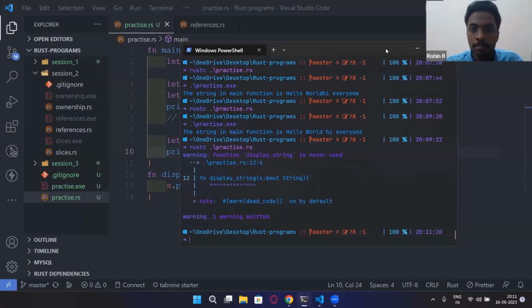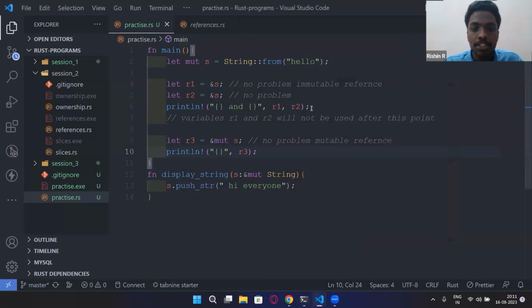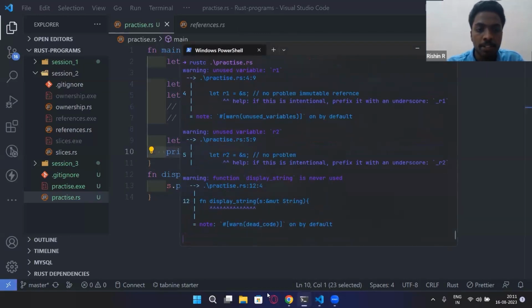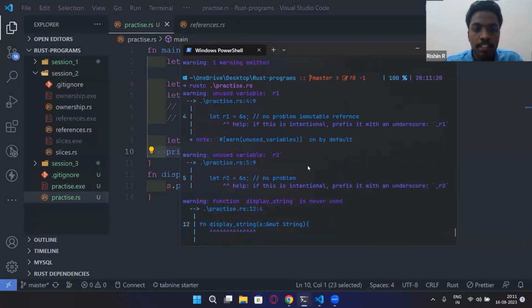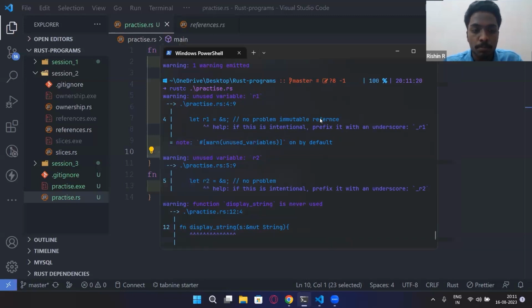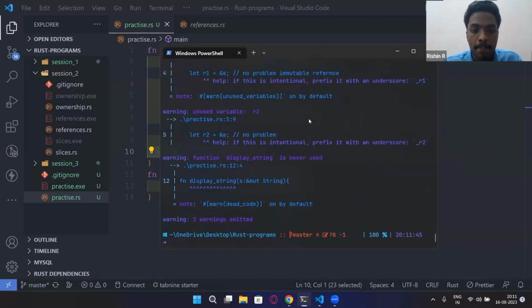So we only have a warning because we have actually used, now see, I have created two different immutable references and I have used them here, right? What if I just remove this use case? And now I create an immutable reference and then I'm going to print the value using the mutable reference, and then I'm going to print the values in the immutable references. Okay. Now when I try to compile, you can see that it states no problem, and this is